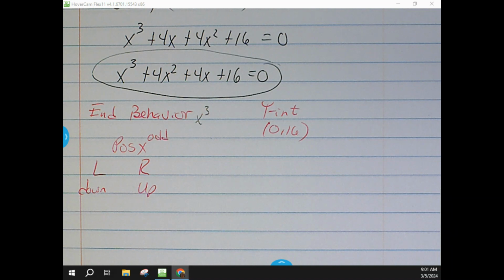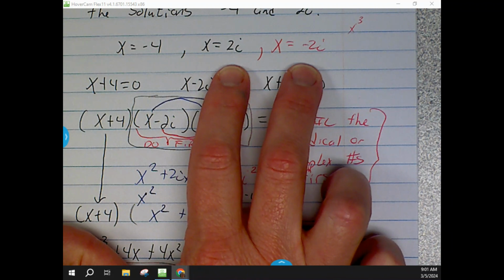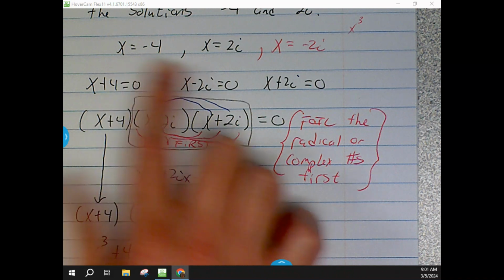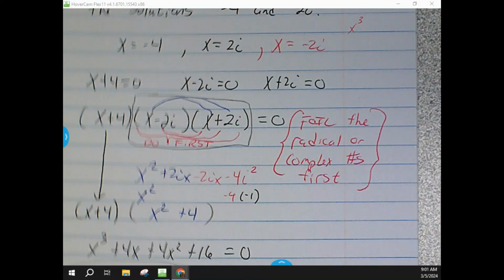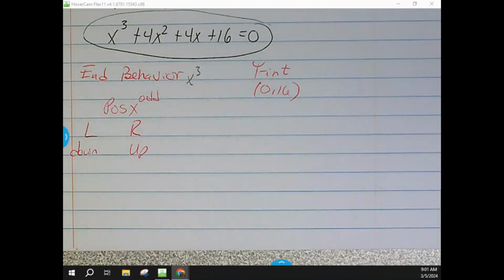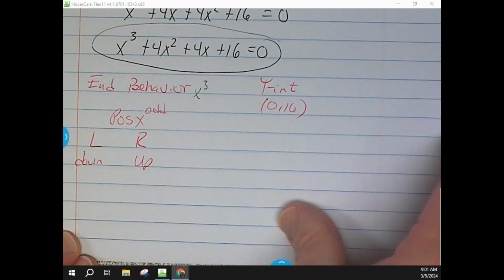Okay, so that's leading us up to where we're going to go with the next part, which is going back to the graphs. With the i terms like this, you're probably not going to be asked to graph that one because it's kind of hard to graph. We know we've got it crossing at -4. This part means it's really not going to be crossing the x-axis, so probably just that one number there, and then the graph would cross the y-axis at 16. After that, we'd have to just plot some points and figure out where this thing is going to go. Okay, so if we're tying this back into graphs, though,